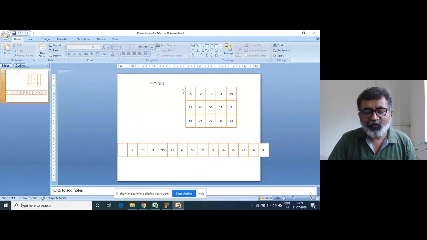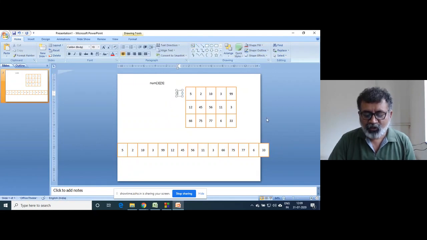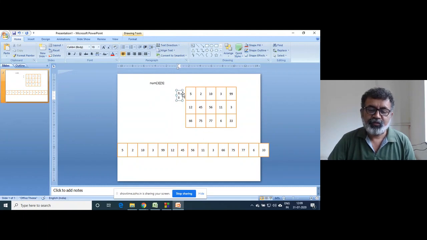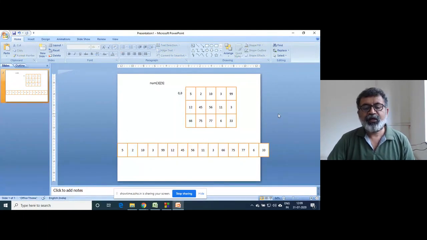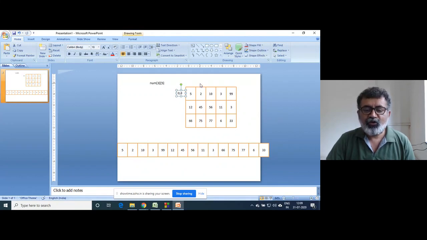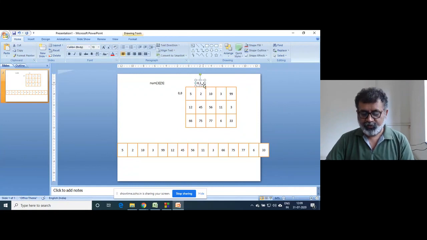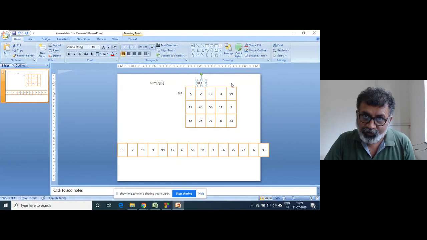So the indexing of the first element is going to be 0 and 0. What will be the indexing of this element? It will be 0 and 1. It will be 0 2, 0 3, 0 4.